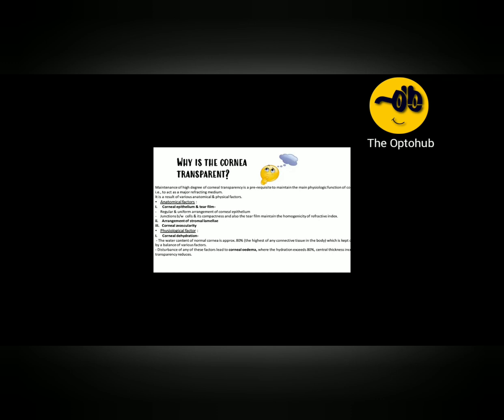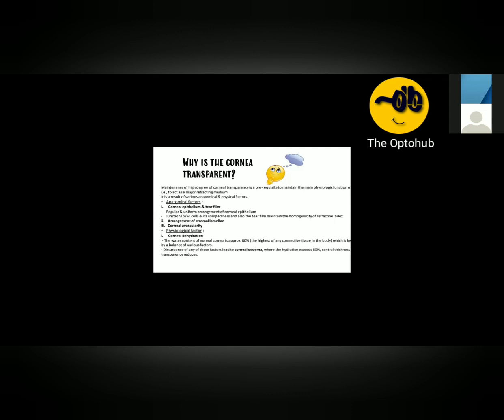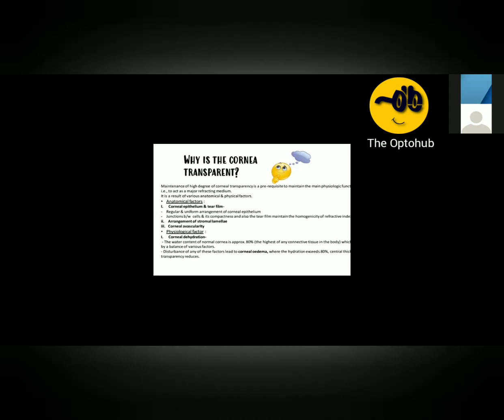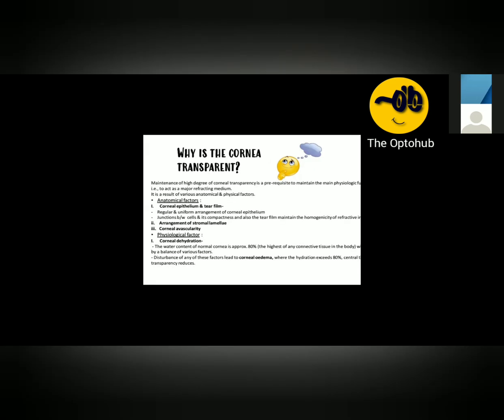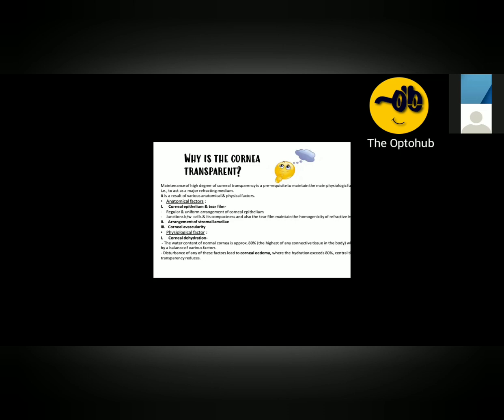Maintain the homogeneity of the refractive index, since it keeps the corneal surface moist. So in that way, the refractive index is also maintained, and hence the cornea becomes transparent. The arrangement of stromal lamellae is also one of the most important points, as we have seen that the stromal layers are arranged very parallel to each other, and also they are parallel to the whole corneal plane. So this is also a major